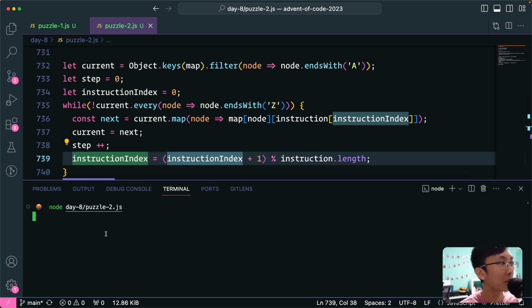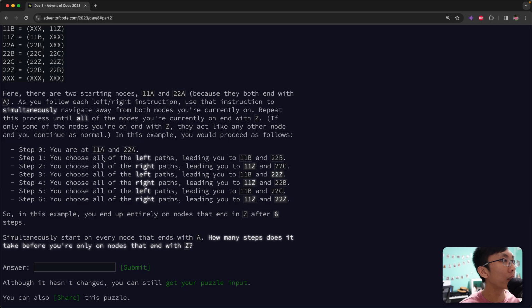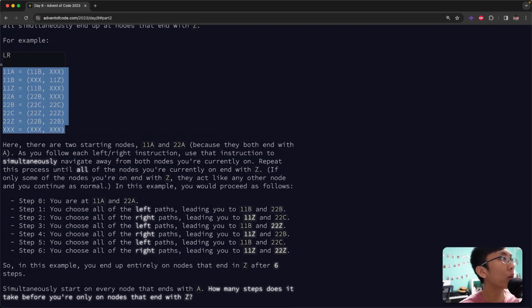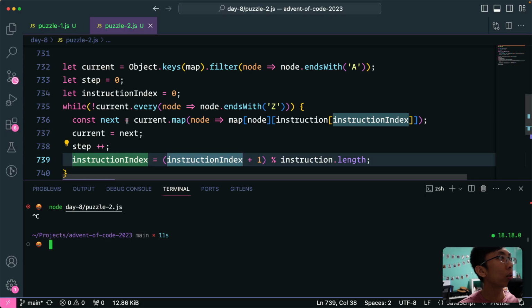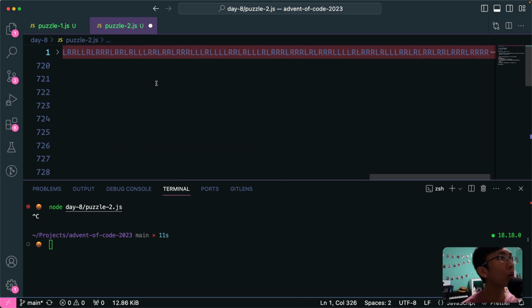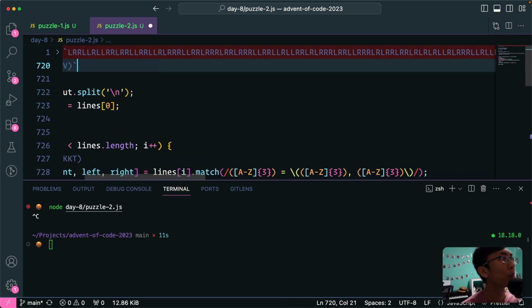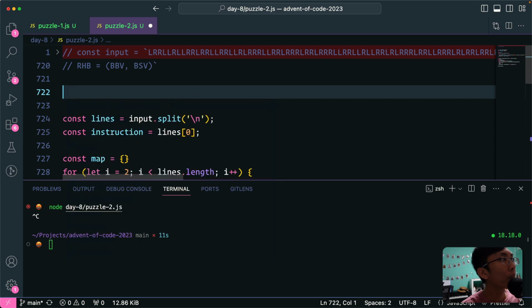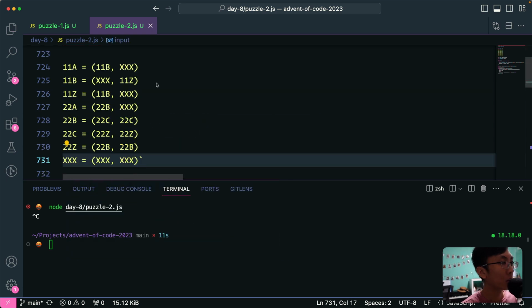Yeah, so let me break this and check whether our logic works again, or maybe something is wrong. So let's take up this example again with simple inputs and see whether it works with a much simpler input. So we're going to run this code